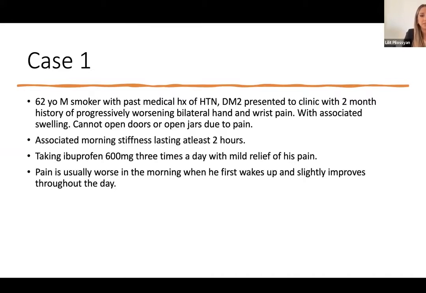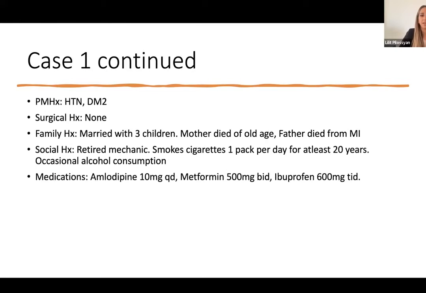Here we have a 62-year-old male smoker with past medical history of hypertension and diabetes, presenting to clinic with a 2-month history of progressively worsening bilateral hand and wrist pain. He has associated swelling and cannot open doors or jars due to his pain. He has associated morning stiffness lasting 2 hours, taking ibuprofen as needed 3 times a day with mild relief of his pain. The pain is usually worse in the morning when he first wakes up and slightly improves throughout the day. History of hypertension, diabetes. He is married with 3 children. And in his social history, we can see he smokes one pack per day for at least 20 years